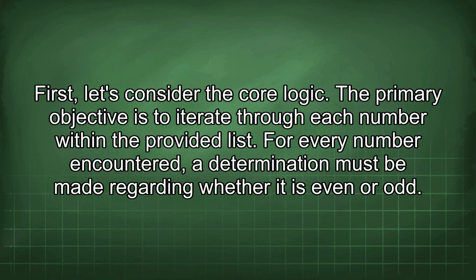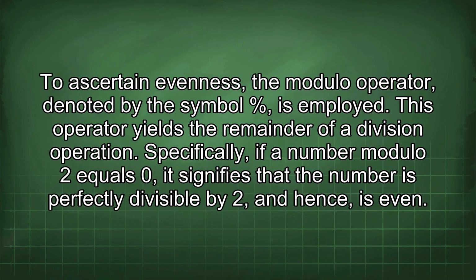First, let's consider the core logic. The primary objective is to iterate through each number within the provided list. For every number encountered, a determination must be made regarding whether it is even or odd. To ascertain evenness, the modulo operator, denoted by the symbol %, is employed. This operator yields the remainder of a division operation. Specifically, if a number modulo 2 equals 0, it signifies that the number is perfectly divisible by 2 and hence